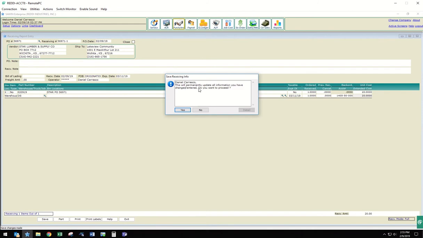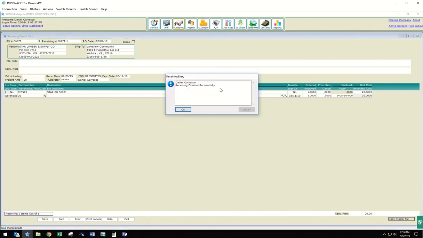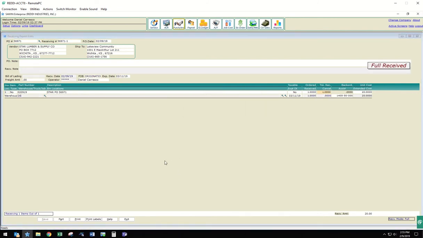Now this will permanently update all information, and we'll say yes. All the quantities have been received now for this PO. And it asks, do you want to close the PO? And yes, we do. So the receiving was created. Now what this does,